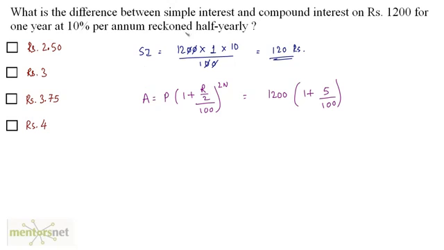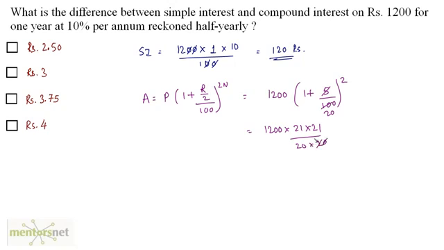Now because it is reckoned half yearly, this will be 2, right? So 5 times 20 is 100, so I have 1200 times 21 by 20 whole square,